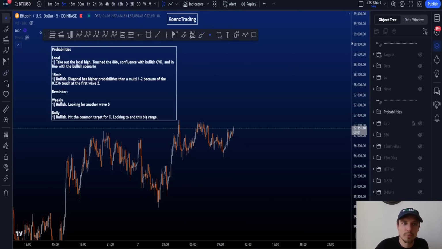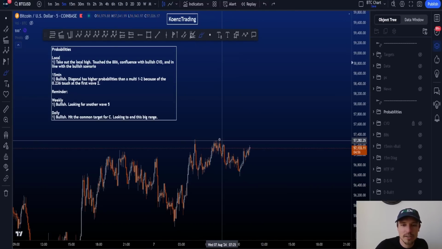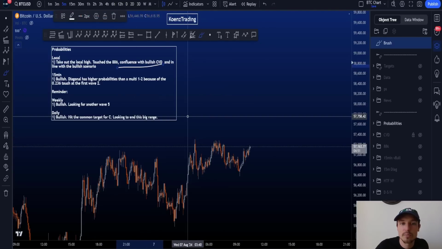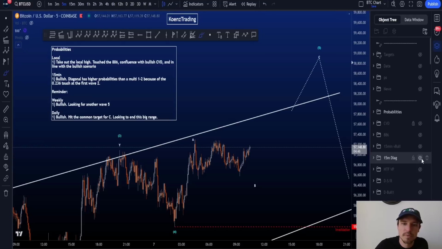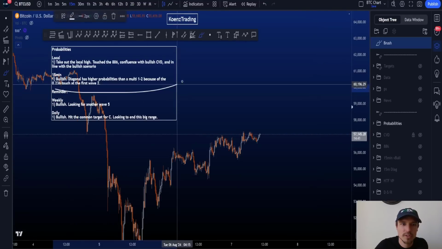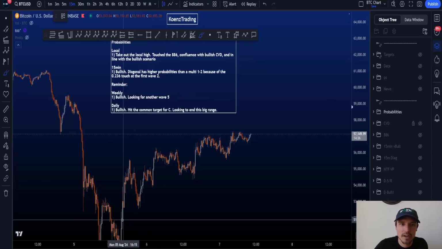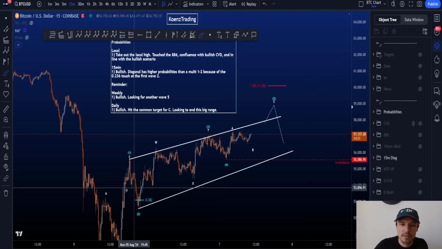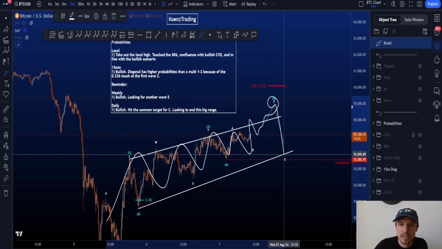So if we then look at the probabilities in total, then locally over here, the probabilities are higher to at some point take out the highs here. We touched the 886 confluence with the bullish CVDs, and it's also in line with the bullish scenarios that we have, preferably the diagonal being the higher probability scenario on a 15-minute time frame, which is what I write over here. So on the 50-minute time frame, currently the probabilities here are higher for a diagonal compared to the multi 1-2, meaning looking for this grind towards the upside to end at some point,